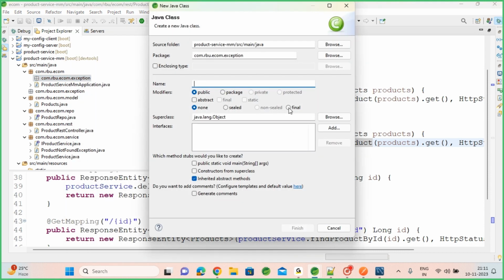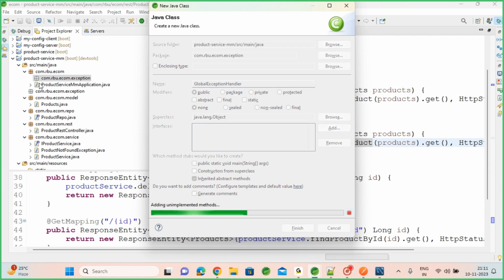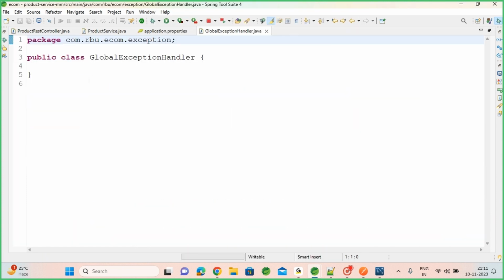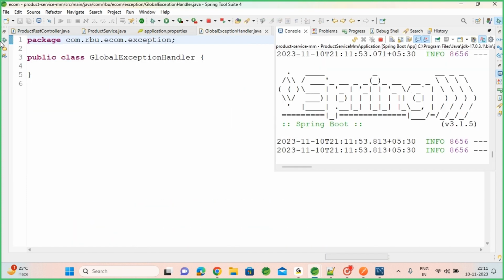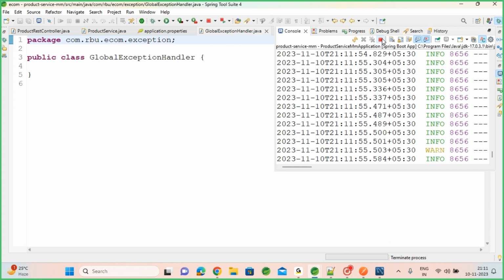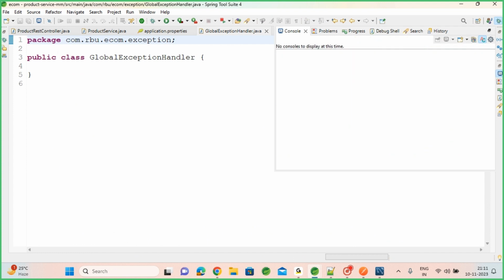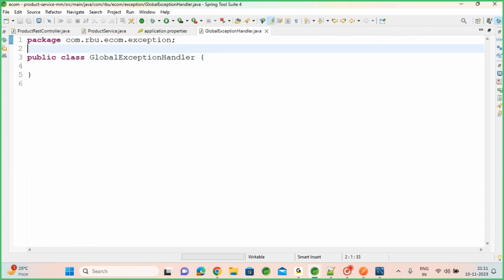Here I'll put my advisor, global exception handler. So all my exceptions I want to handle here. This will work like a filter. Okay, so this will work like a filter, and which annotation I should use here is